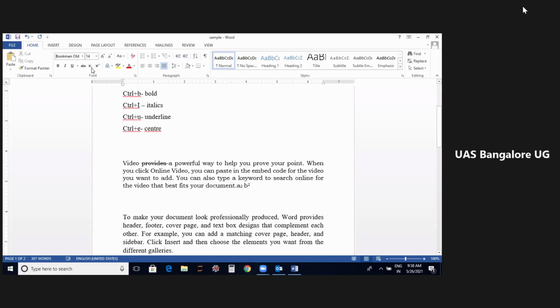Whenever you want to make the subscript, whenever there is some mathematical formula or expressions, and you just require the squares and all, at that time you will be using these symbols. This is a subscript, this is called a superscript. Okay, the next is